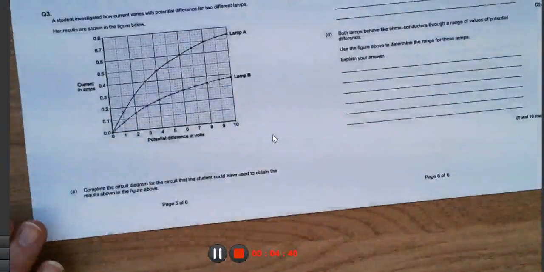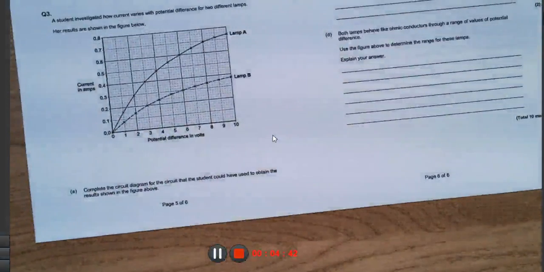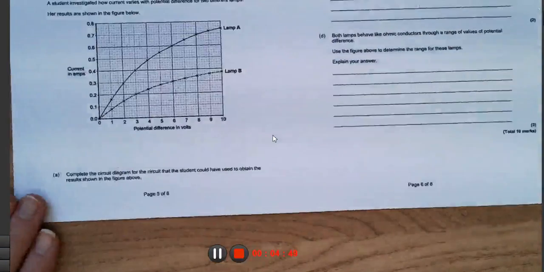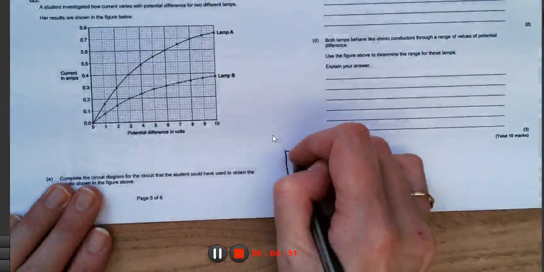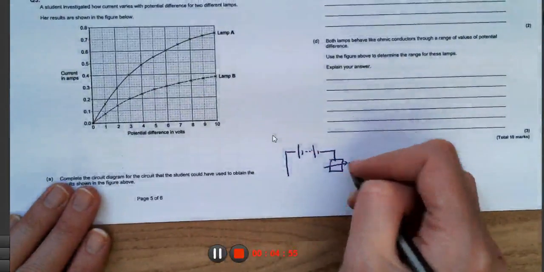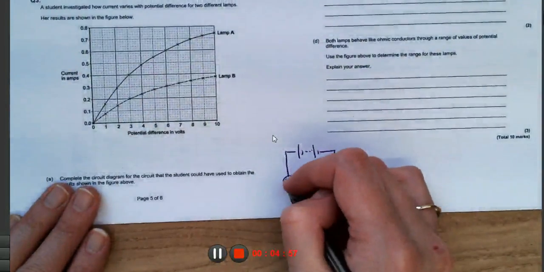Then it says, a student investigated how current varies with potential difference for 2 different lamps. Complete a circuit diagram that the student could use to obtain these results. So you need a power supply and a variable resistor to change the potential difference. You need an ammeter